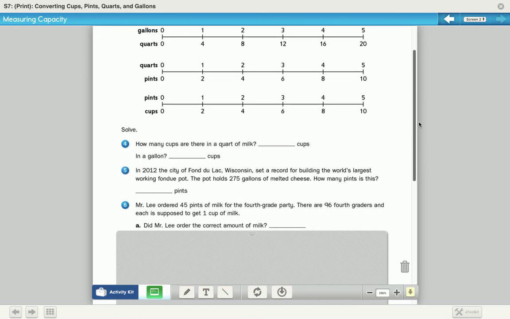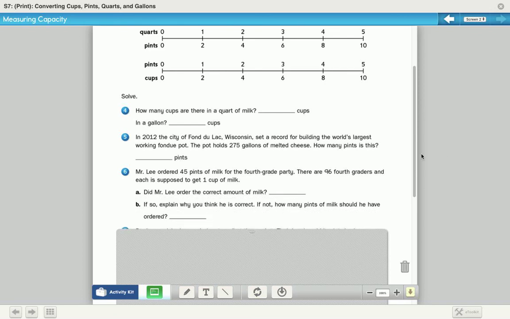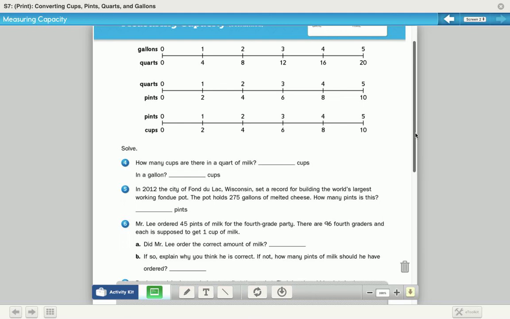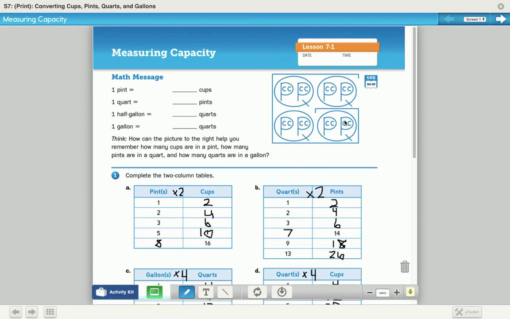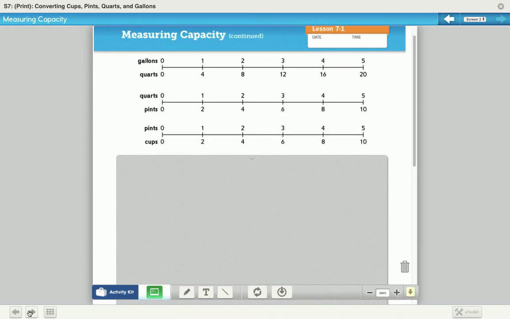Okay, in 2012, the city of Fond du Lac, Wisconsin, set a record for building the world's largest working fondue pot. The pot holds 275 gallons of melted cheese. How many pints is that? So if we want to change gallons into pints, we have to figure out how many pints are in each gallon. Okay, so if we go back to our picture again, how many pints are in a gallon? There are 8. So we would have to multiply times 8 to figure out how many